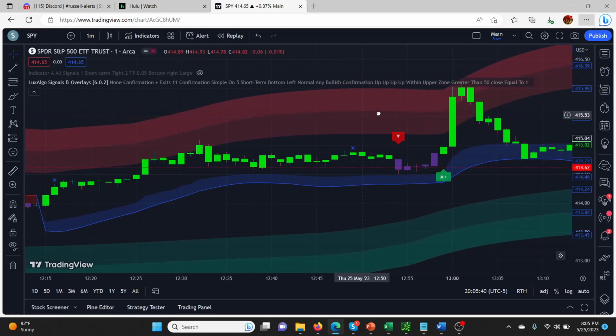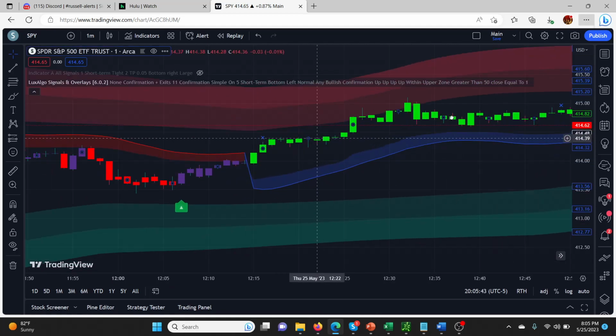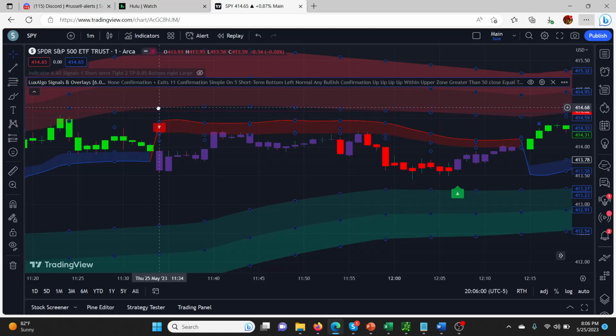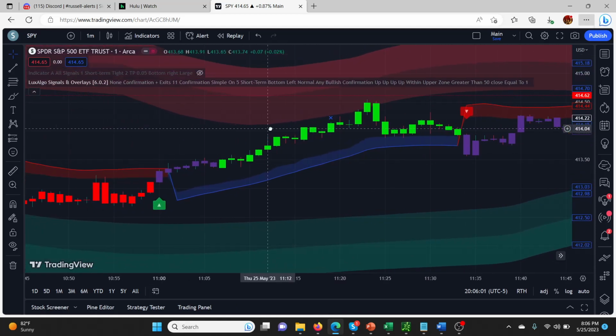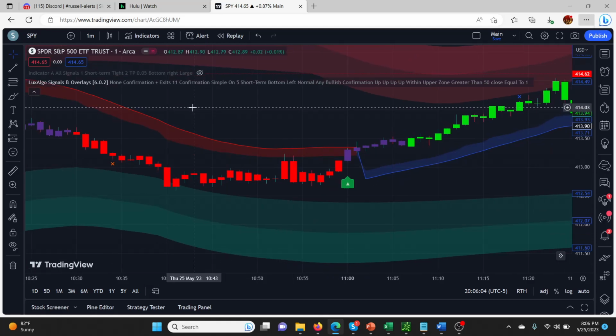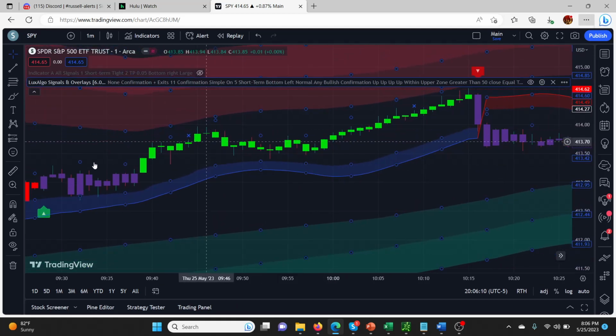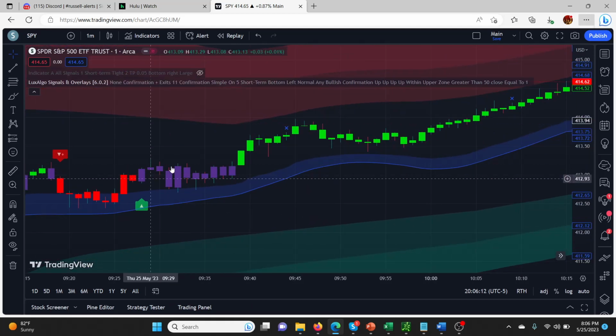You can also just play bounces, which is really good. The smart trail is really well respected a lot of the time. For example, on this down signal, if you don't get in here, and you come up and you test the smart trail here, you can always short again here and try and get this all the way down. So this is one of my favorite strategies, especially if you miss a signal but you still think the trend is in your favor. You still think that you can get some sort of piece of the pie. So again, like this one, you don't have to get in right here. You can wait until you start to test the smart trail.